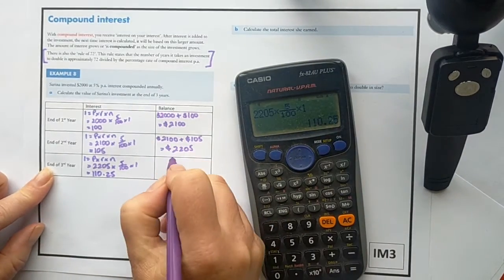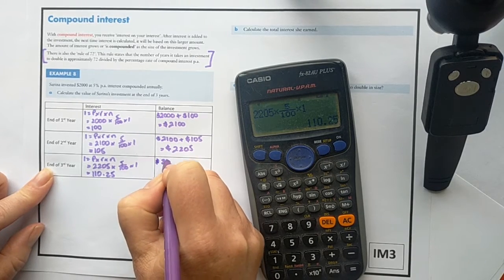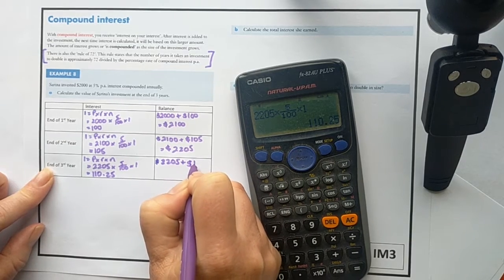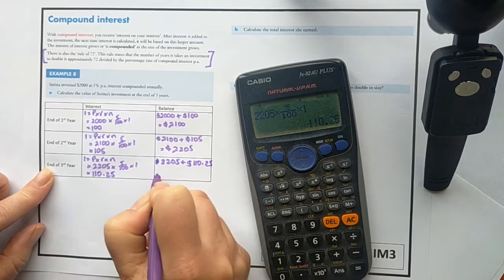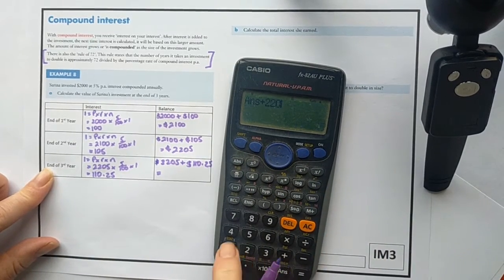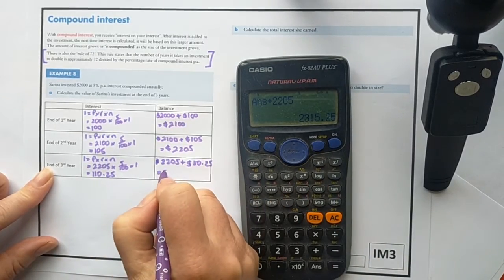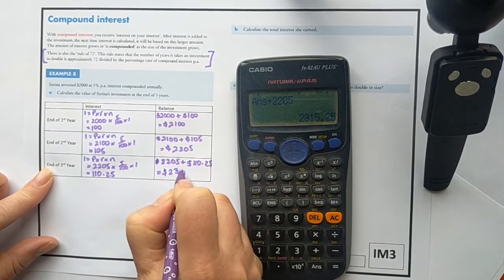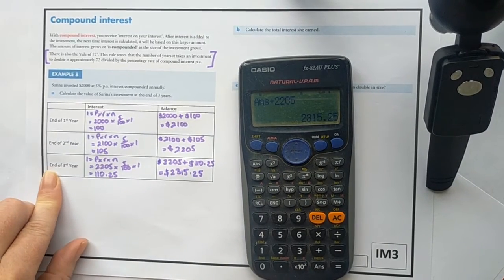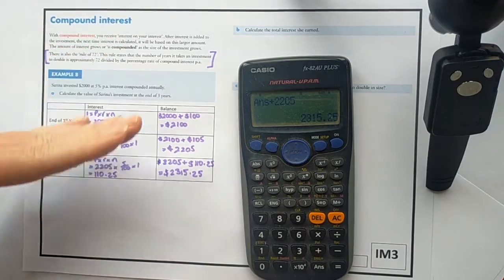So how much is in her bank? Well, she had $2,205 at the beginning of the year, plus she's just earned $110.25. So that is going to be $2,315.25. So for all your compound interest questions today,